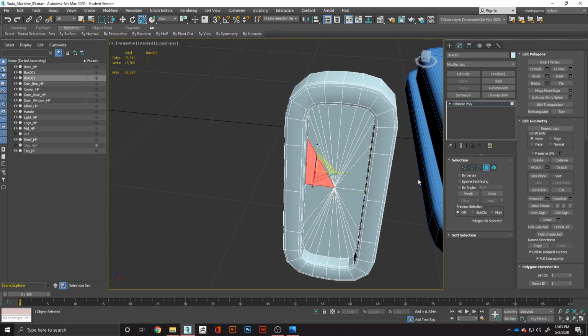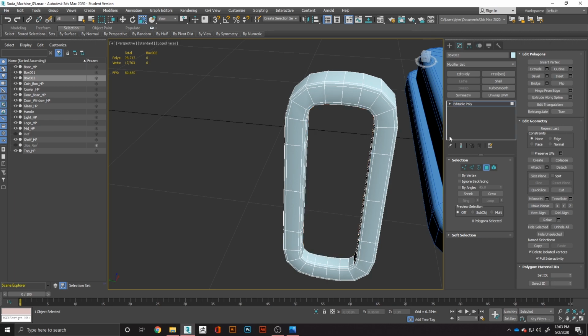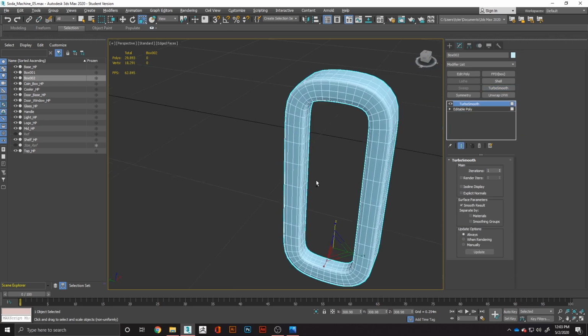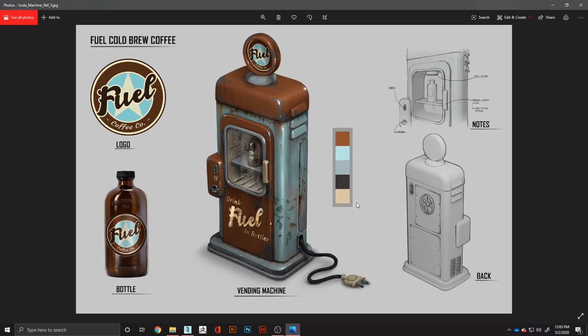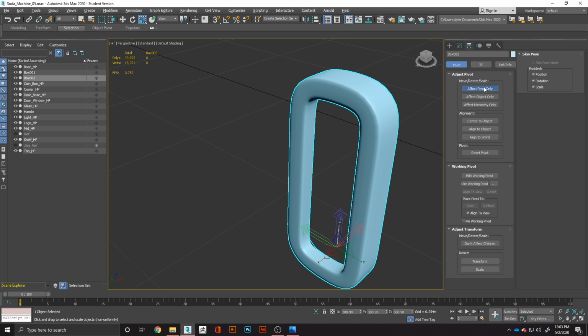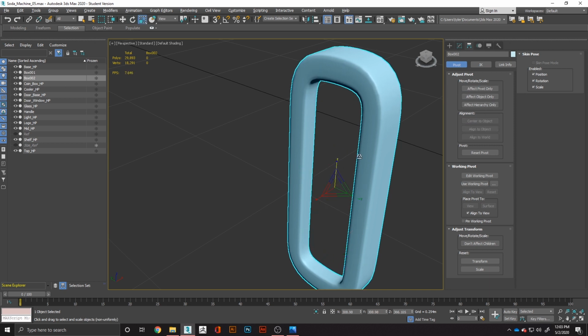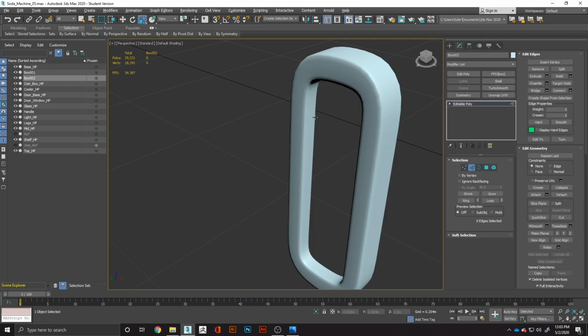I'm actually gonna grab all these real quick, and I'll do the turbo smooth. So I think that this might be a little bit shorter than I wanted. There you go. So I'm going to just convert this down, and then from here I'll bring all these in